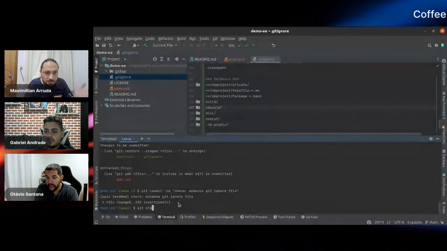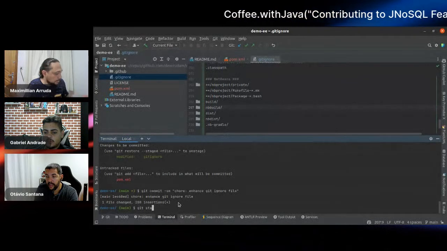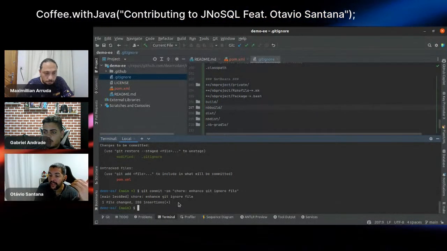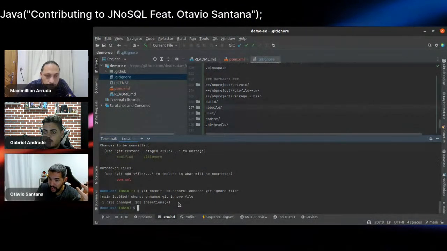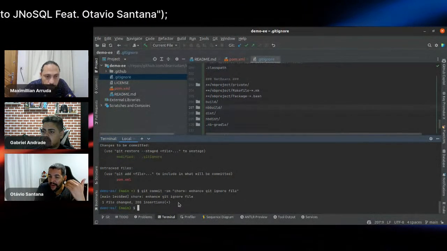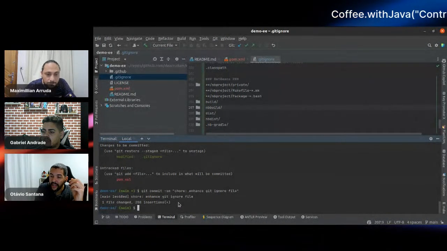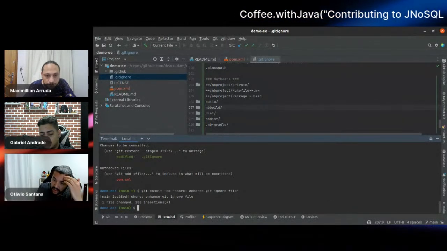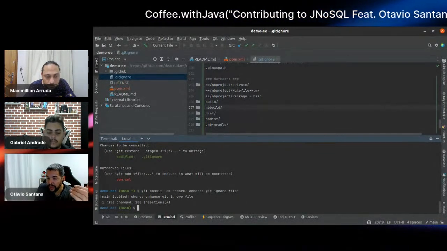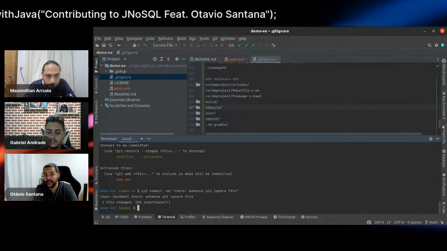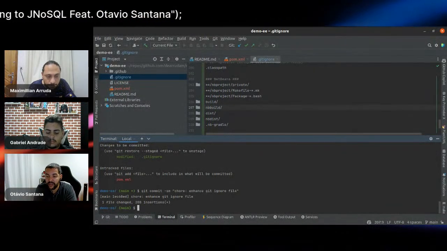The next step is to add the pom file and do another commit. Am I right? Yes. One point here, just to explain, is that it is step by step, but at the beginning of the project the steps used to have more details. The next one will be huge because you need to put the entire project using MicroProfile. So you're going to put more files inside this history.